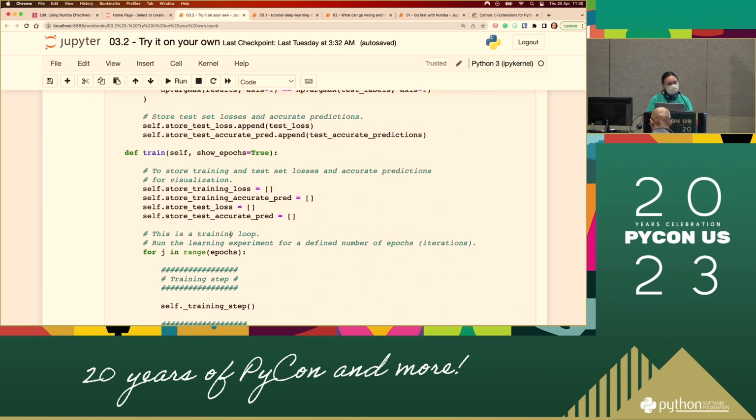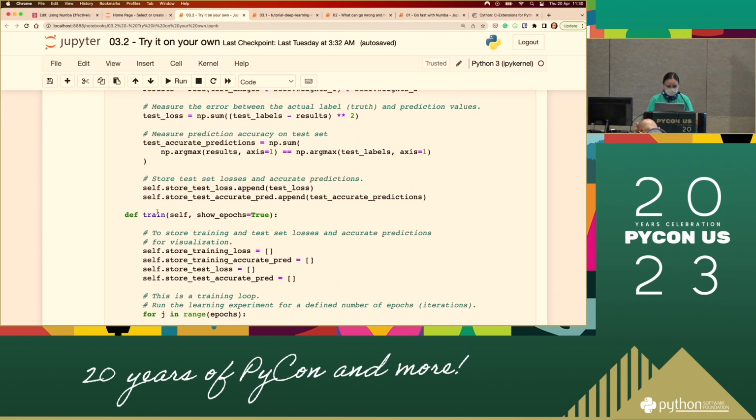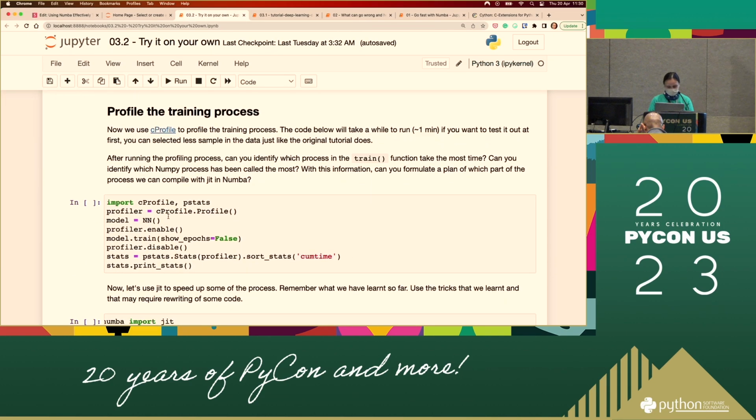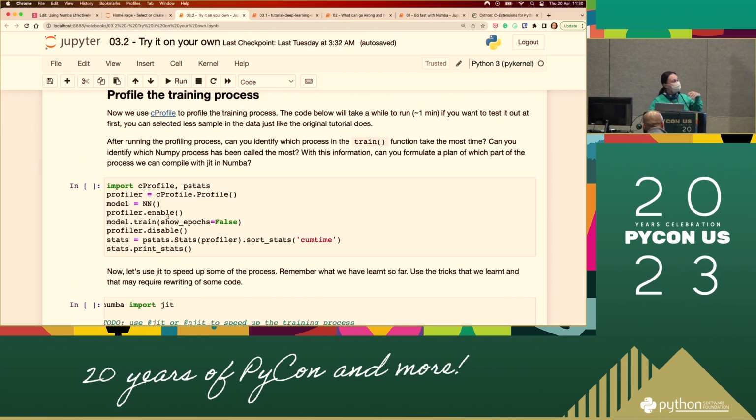So if you encounter anything weird, let me know. They are all kind of structured. It's a very good start for you. If you want to use JIT and NJIT, it's already done for you, so you can start attacking them right away. But before we attack them, we want to do profiling.